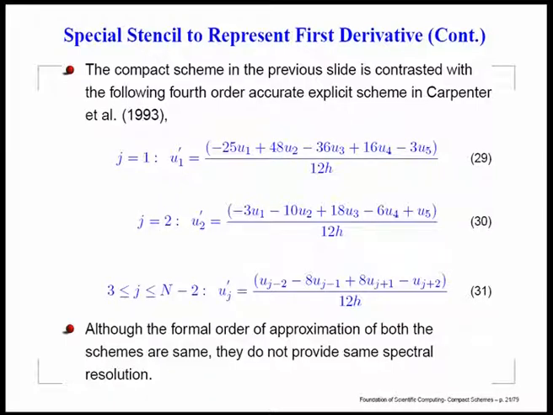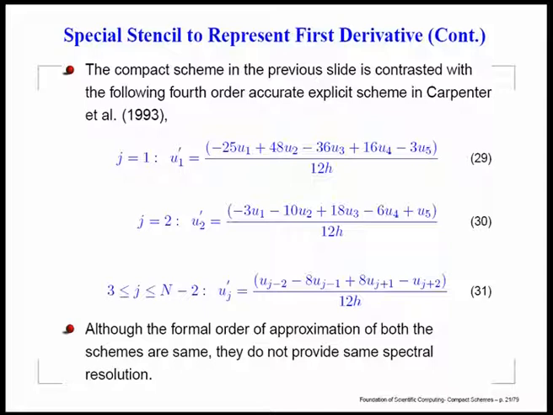So, you can write it for 3 to n minus 2. So, even though you are doing explicit method, your work actually increases because you have to have 2 more additional closure schemes for j equal to 1 and j equal to 2. Okay. And they are also written like this, and I suppose this 29 and 30 they are also formally 4th